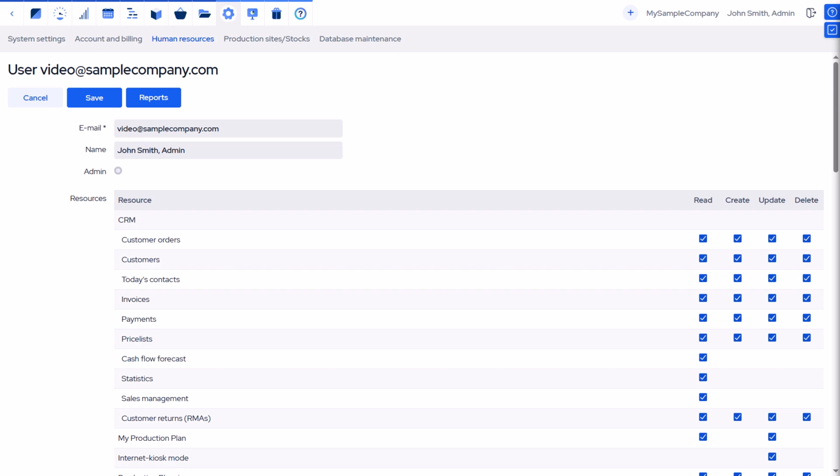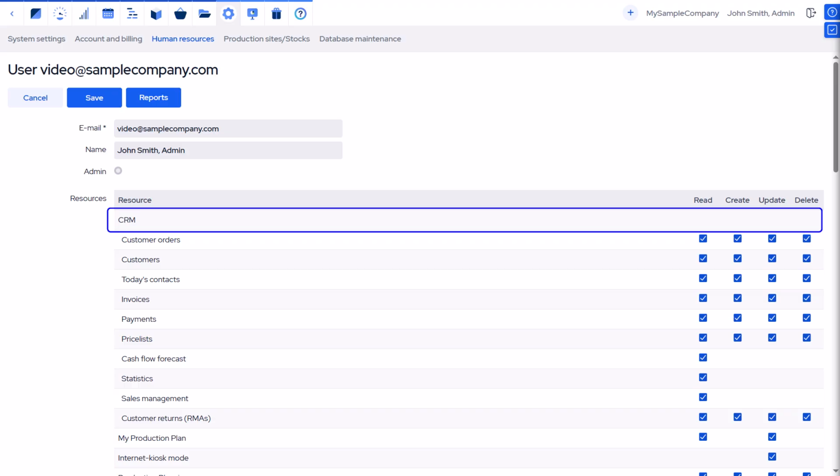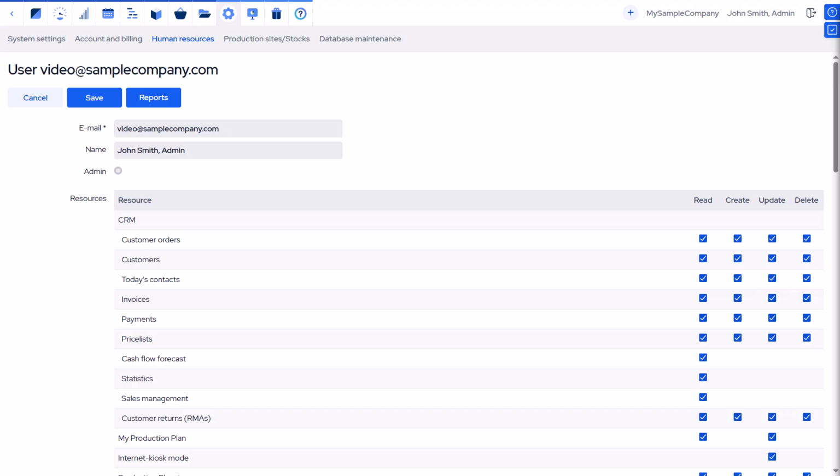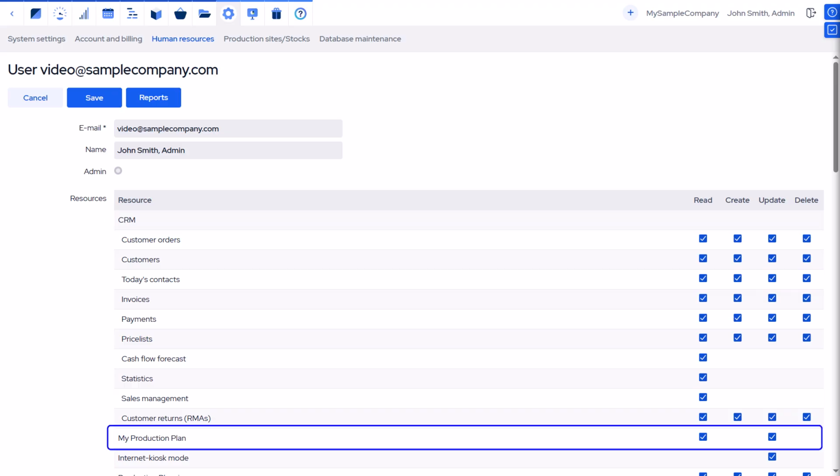Next are the software's different resources, grouped by blocks. Here you can grant access rights to resources. Access rights define whether a user can read, create, update, or delete information. The main blocks of the system are CRM, My Production Plan,